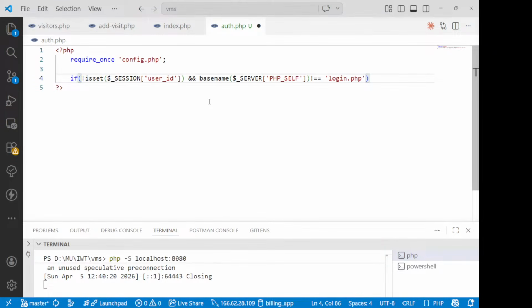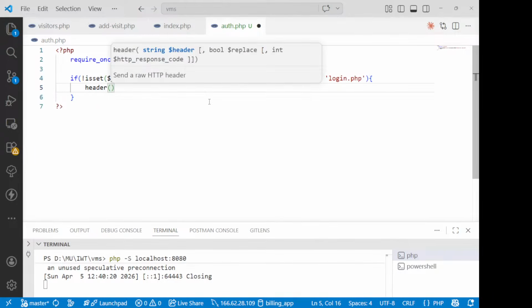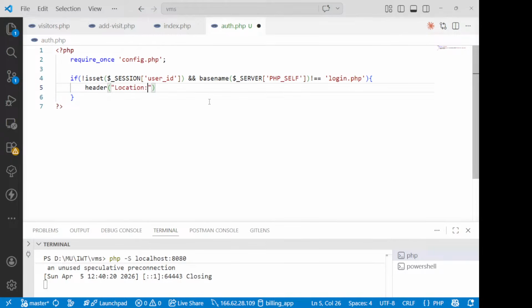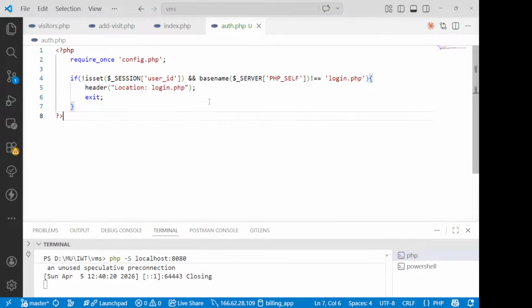अगर ये केस है तो सिंपली आपको लिखना है यहाँ पर जाके कर्ली ब्रैकेट्स में हेडर देना है, उसमें देना आपको लोकेशन और लोकेशन में देना है login.php सिंपल। ये आपको रिडायरेक्ट कर देगा अगर आप लॉगिन पेज पे नहीं हो और आपका लॉगिन भी नहीं है। सो इन दिस आई एम जस्ट सेइंग एग्जिट, ग्रेट।